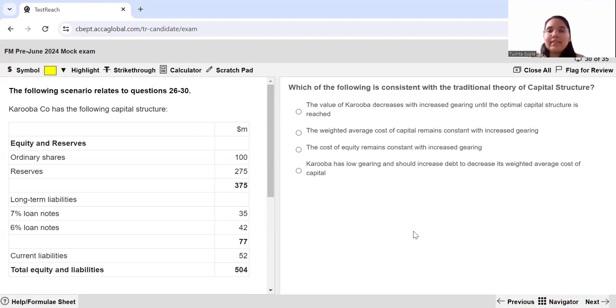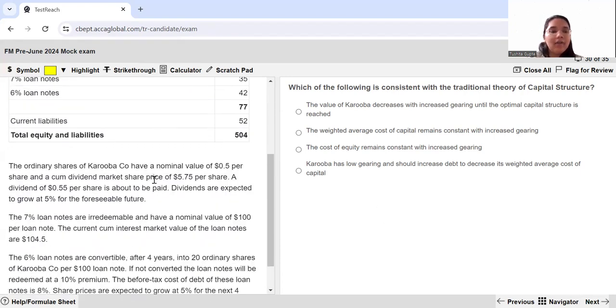Which of the following is consistent with the traditional theory of capital structure? So let's read the statements. The value of Karooba company with increased gearing until the optimal capital structure is reached. The value decreases. No, that is not correct. The weighted average cost of capital remains constant with increased gearing. No. So basically what happens over here is the traditional theory actually tells you that if you see the gearing